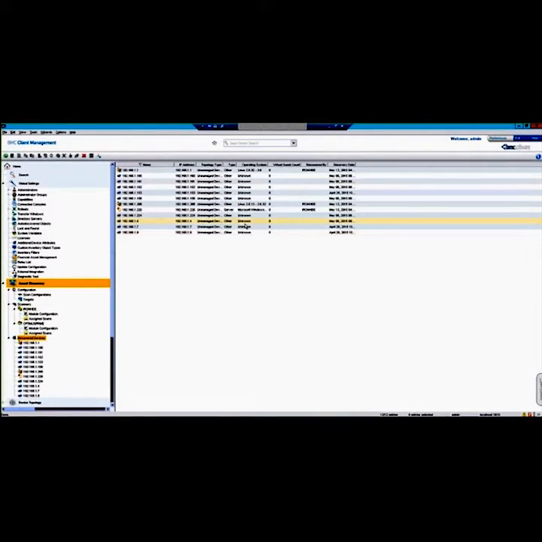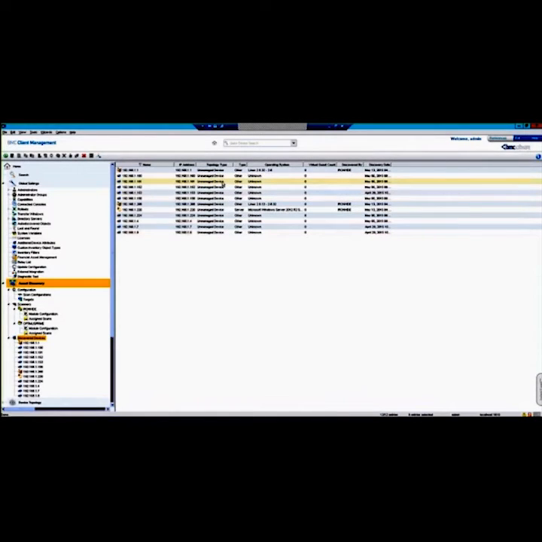You have to keep in mind also that the system will make a best attempt to determine the operating system of the device that is scanned. In some cases, it will not be able to determine the operating system due to firewall constraints or anything that would not allow the system to ping the network. But for example, here we found two devices that are Linux devices. It found one of my Windows servers that didn't have a client before,